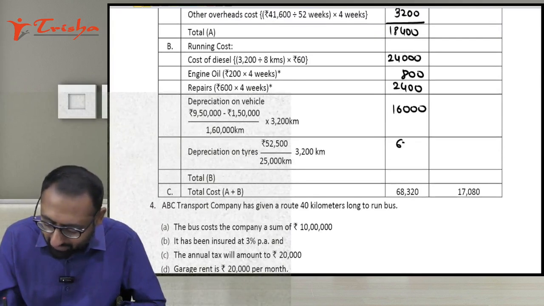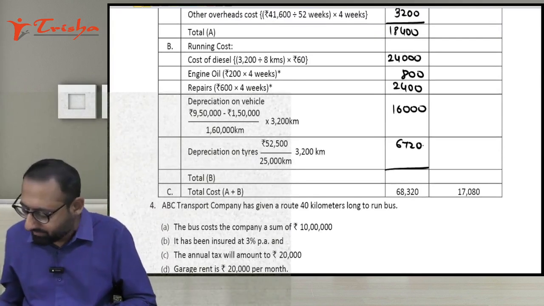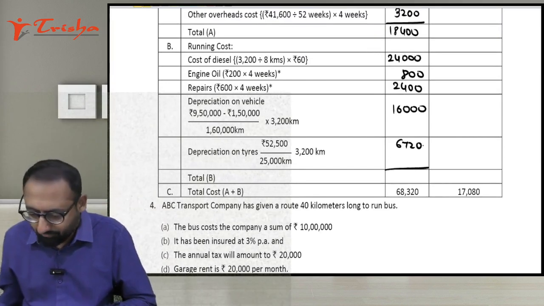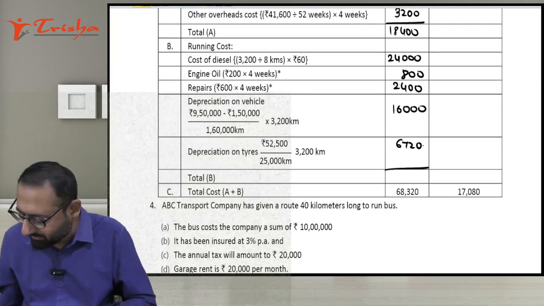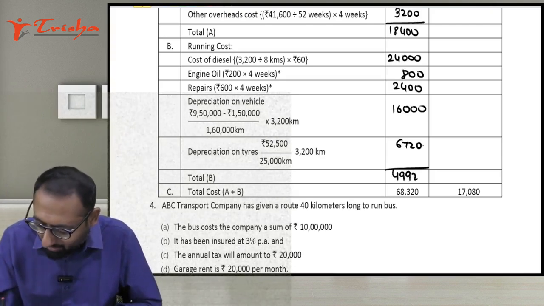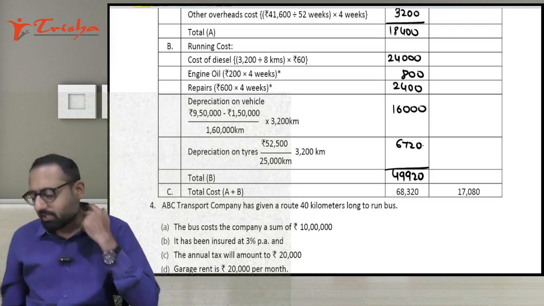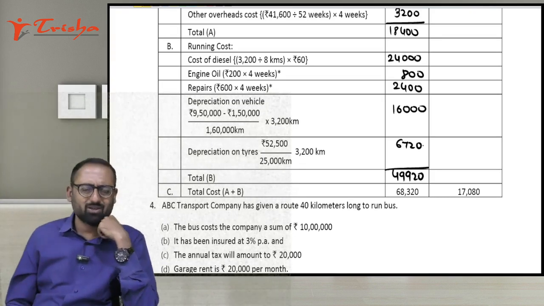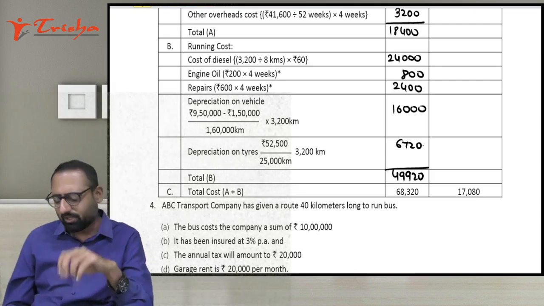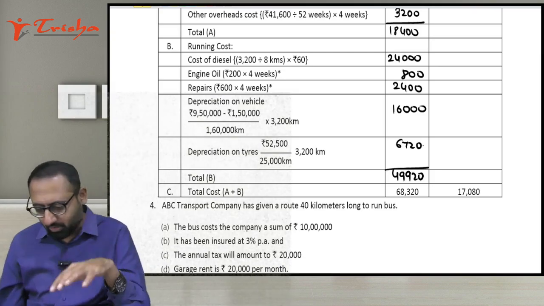It will be 6720. Okay, now the total of those running expenses: 24,000 plus 800 plus 2,400 plus 16,000 plus 6720. Boys and girls, your answer comes to 49,920. Now for one truck, 1 week you can easily calculate, no need to calculate here. Now next and important part,